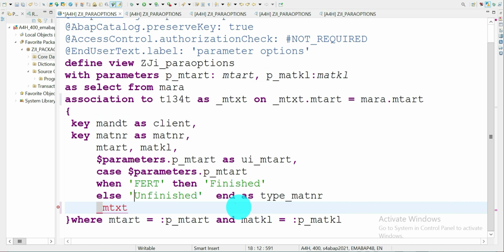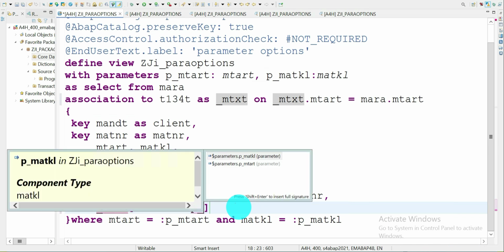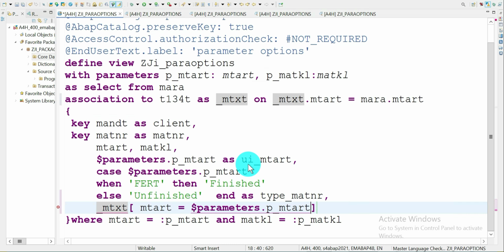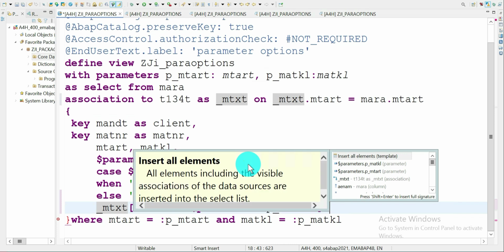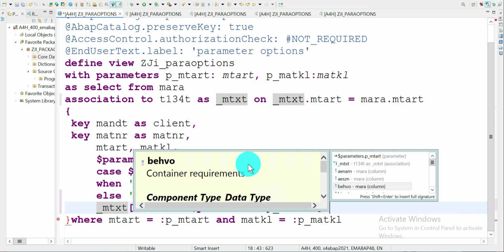mtxt dot material text. So mtart equal p underscore. Here also it should come parameters. What parameters do you want? I want mtart parameters. Okay. And what I need is I need